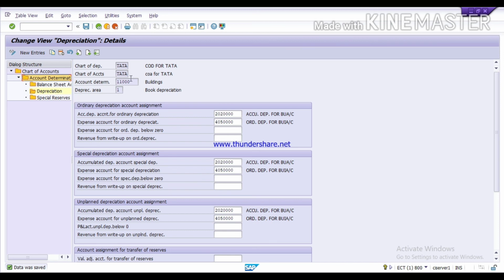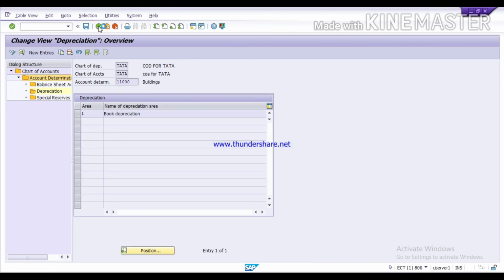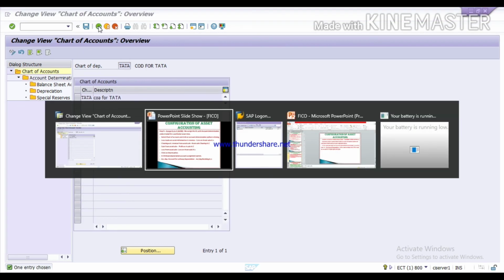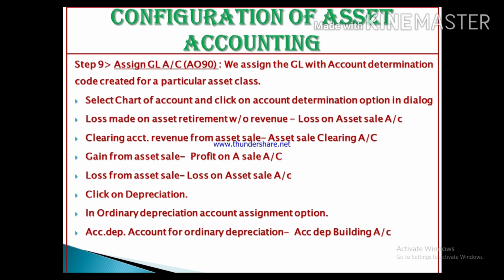Like we have assigned the GLs for building, in a similar manner you need to assign the GLs for each asset class. So we have completed this assignment of GLs.